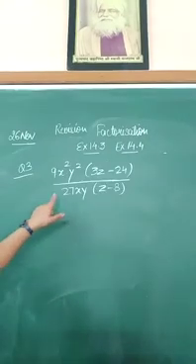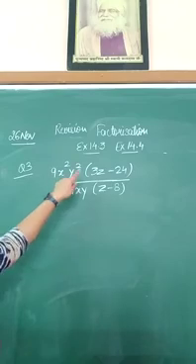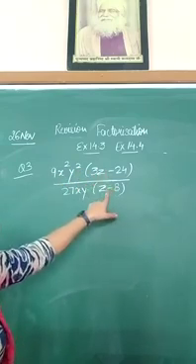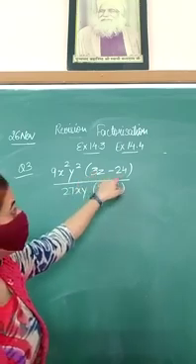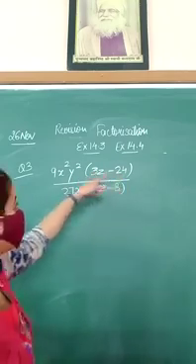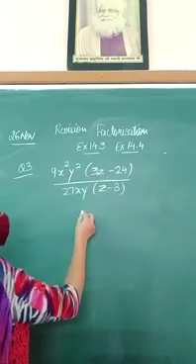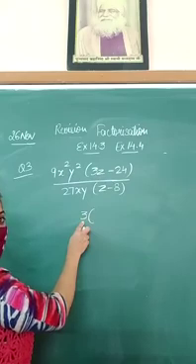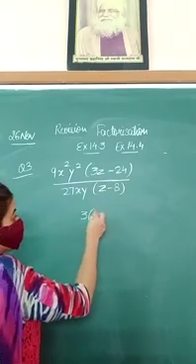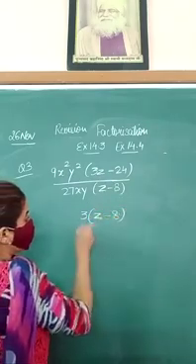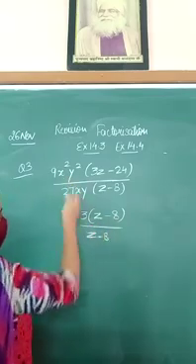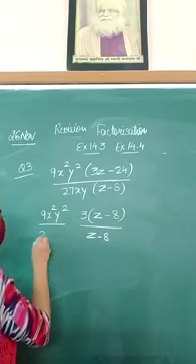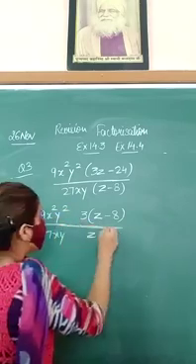Question number 3. In this you can see that both the terms are binomial terms and in the numerator, in this bracket, 3 is common. So take 3 common from this bracket. If you take 3 common from these two brackets, 3 is called the GCD, that is greatest common divisor. So you are left with z minus 8 upon z minus 8. And these two terms will be written the same, 9x square y square upon 27xy.